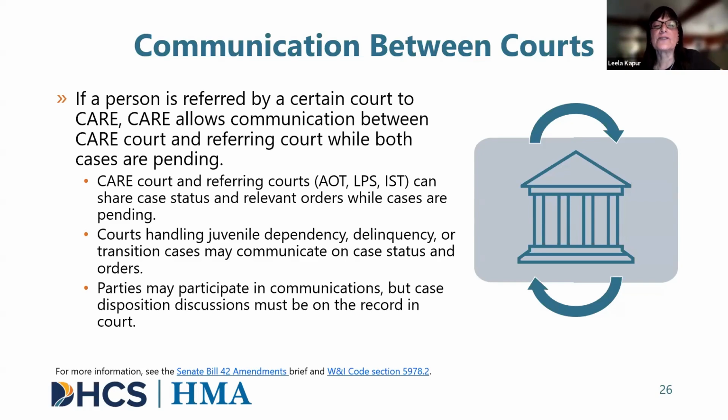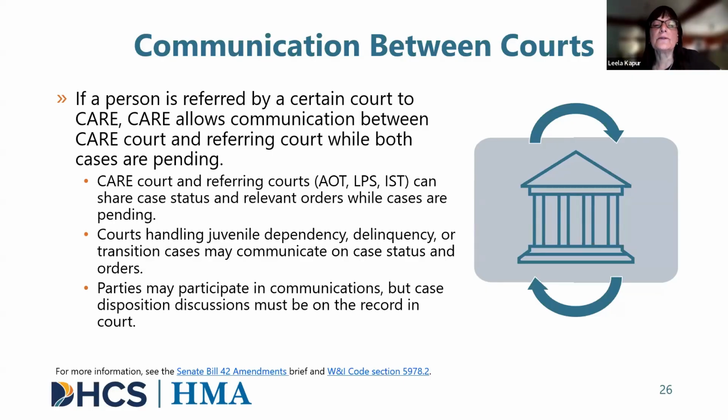So the statute does allow for that communication between the referring courts and the care courts. The statutes also allow for courts that are handling juvenile cases, whether it be dependency, delinquency, or transition cases. The juvenile court and the care court may communicate on case status and orders. Again, for the same reason, so that they each know what the other is doing and what the status of